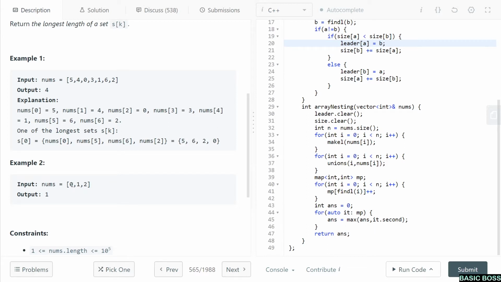Now come to this. If you start with element 0, you go to the 0th index, then you again get element 0, and so on. So there will be just one element in the set, that is 0. If you start with 1, you go to index 1, you again get 1, and this process will go on. So in the set you will have only one element, that is 1. If you start with 2, you will have only one element, that is 2. So in all the cases, the maximum length possible of the set was 1. So you return 1. Now let's go to the whiteboard to see how to do this question.